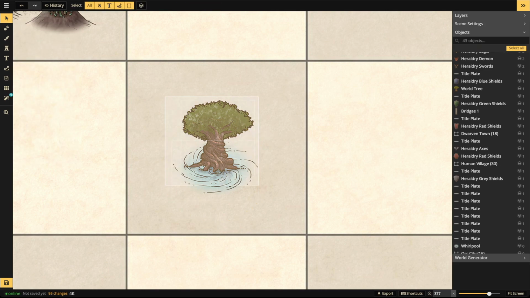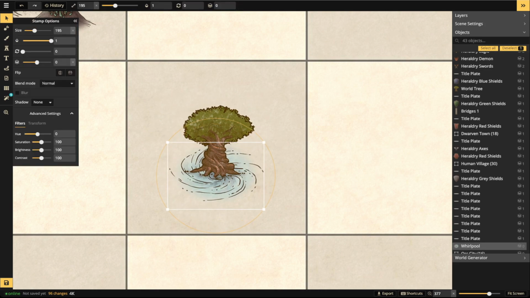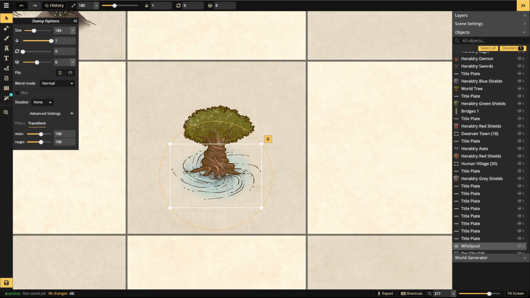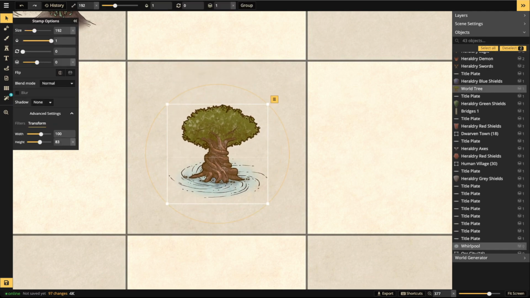I kind of like this idea of a swirling torrent. And I'm going to go to the transform tool. It seems a little too much isometric even for this flat stamp, so we might want to change the height just a little bit. That way it blends in a little bit better. So you have this nice torrent that is basically protecting the base of the tree. The only way to really attack this elven capital is to do it by an airship or a dirigible or a blimp. It's the only way to really access this. Otherwise, you're just going to get caught up in this torrent and get smashed against the tree or launched out somewhere. So you can't really get to this place. All right,